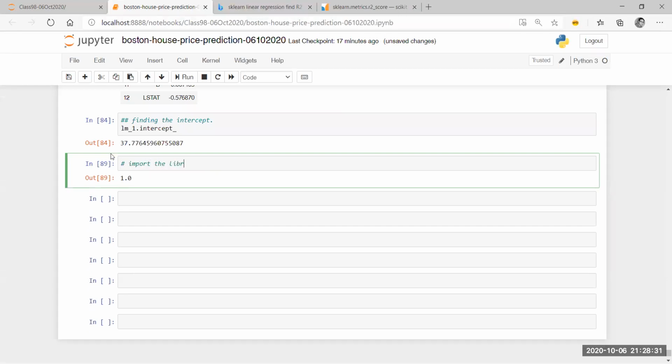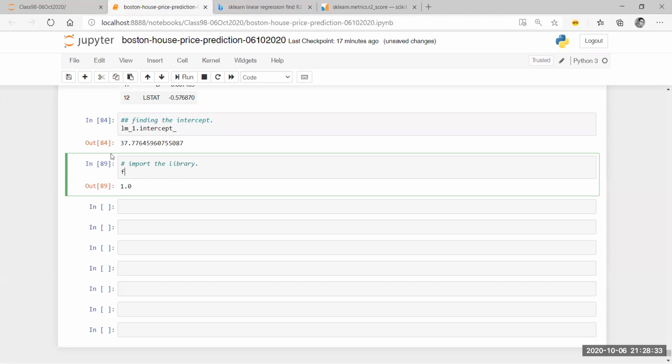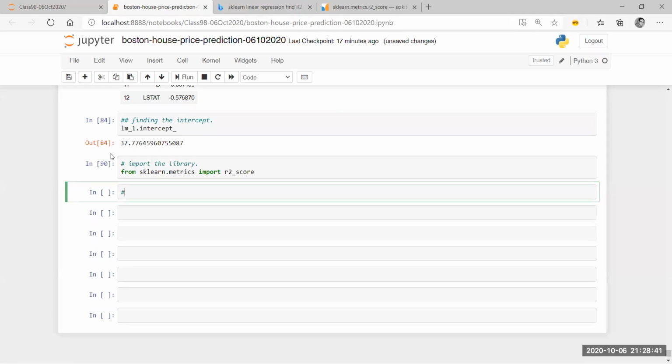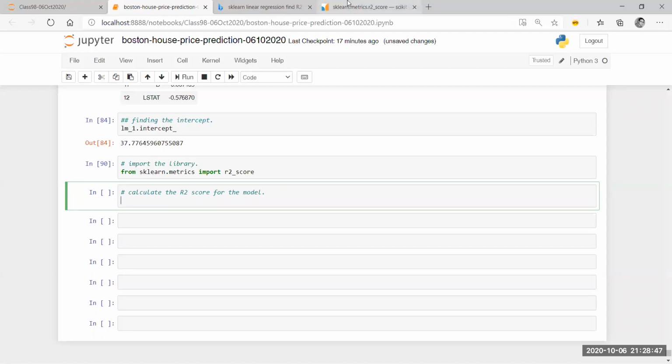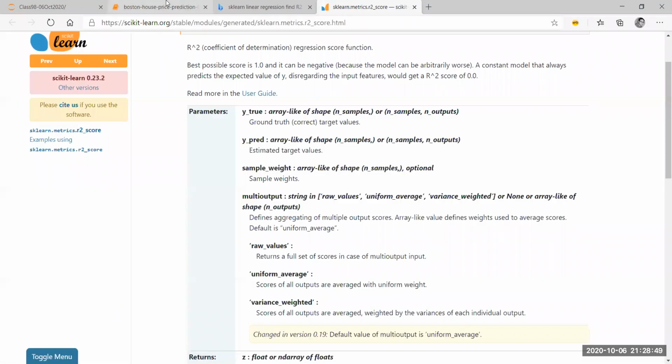So let me just import the library. From sklearn.metrics import r2_score, and now calculate the R2 score for the model. So what does the documentation say? y true versus y pred.